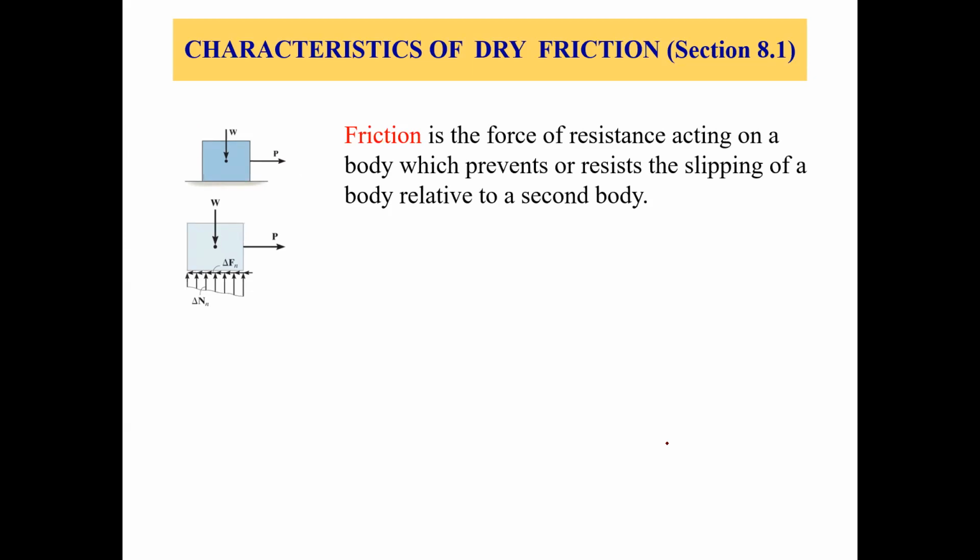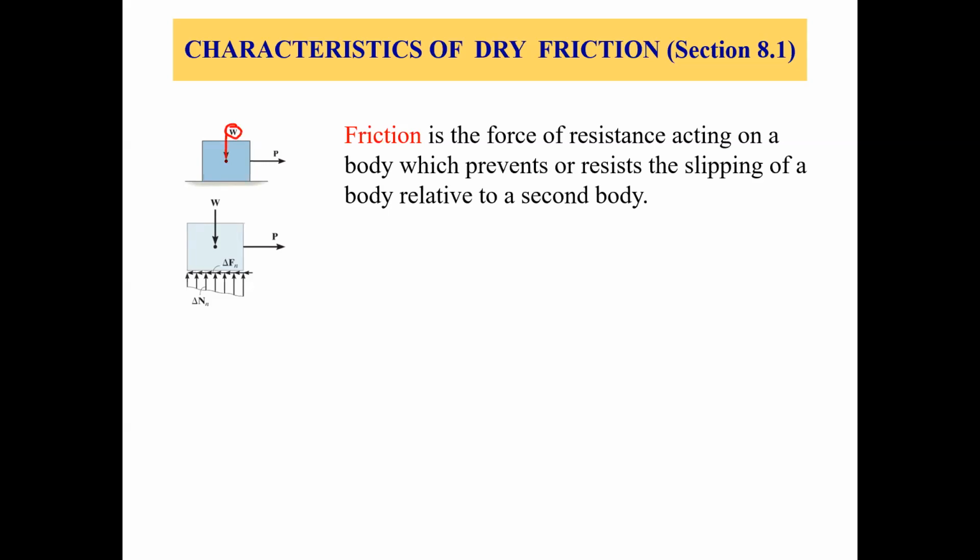As we just discussed, once two bodies are in contact and you're trying to move one body relative to the other, there's a resistance force which is called friction. In this case, this is the weight of this box,